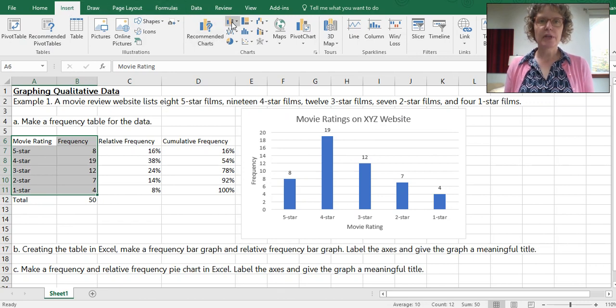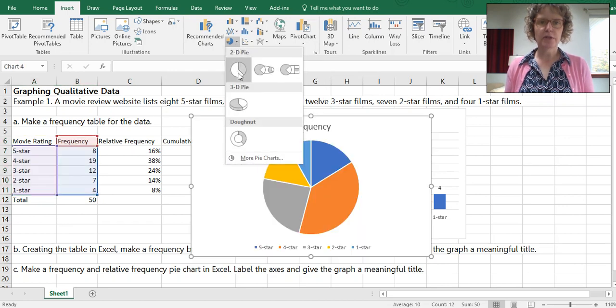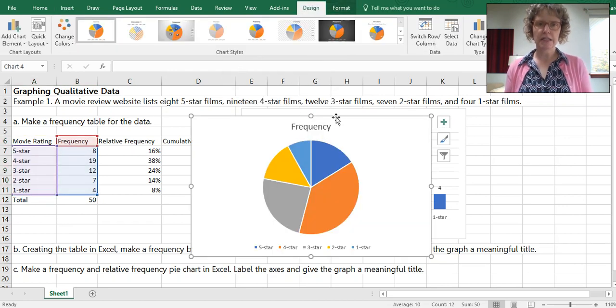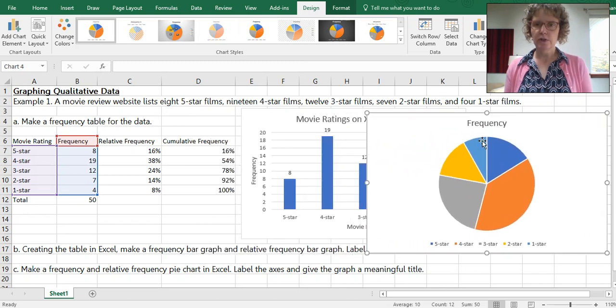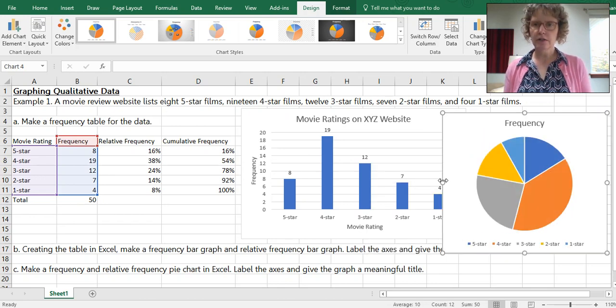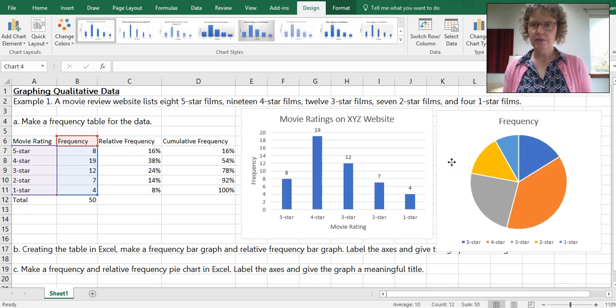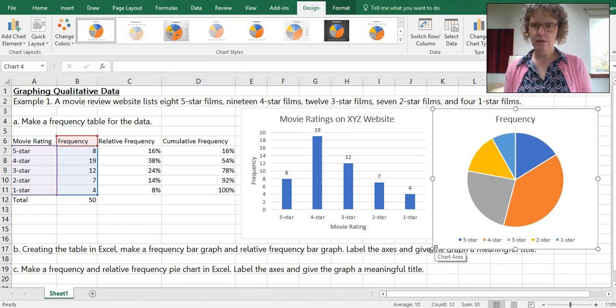Instead of picking the bar chart, we're going to pick the pie. And there's some different options here. I'm going to stick with the 2D. And I'll move it over here. You can make it smaller and larger. So maybe I want to make this smaller so I can get these next to each other.